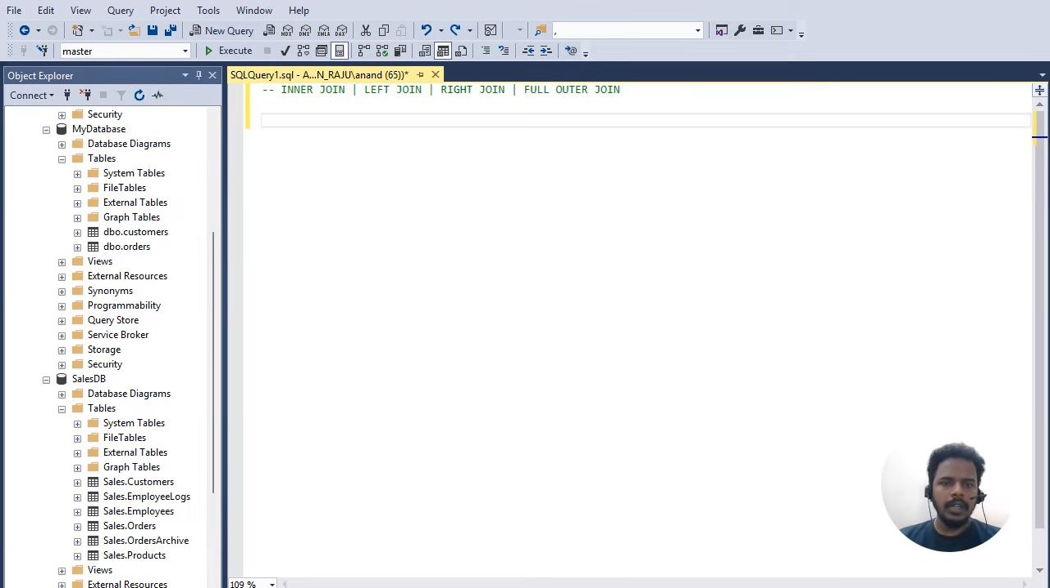Myself Anand. Today our topic is all about joins in SQL. So we have four joins here. These are the joins we are going to learn today: inner join, left join, right join, and full outer join. As the name suggests, inner join is all about